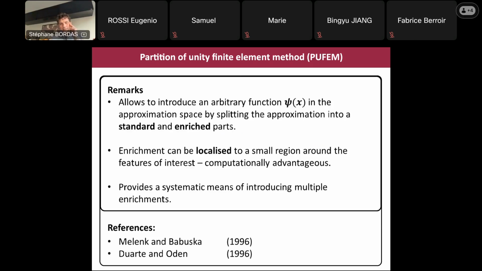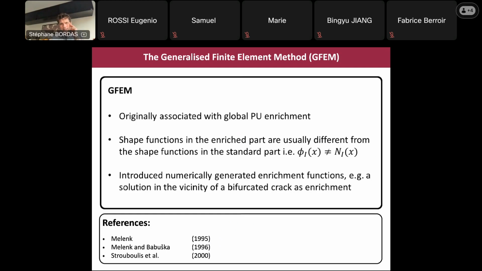In fact, Melenk and Babuska is 96, but in 94 there was the first paper. Then you have also Strouboulis on the generalized finite element method. So lots and lots of papers. That's why we wrote the book, because it was becoming a little difficult to follow the literature. And so we thought it's very useful to do something a little bit simpler